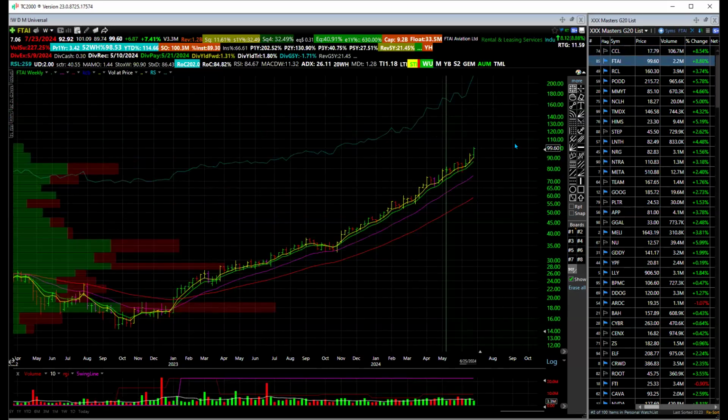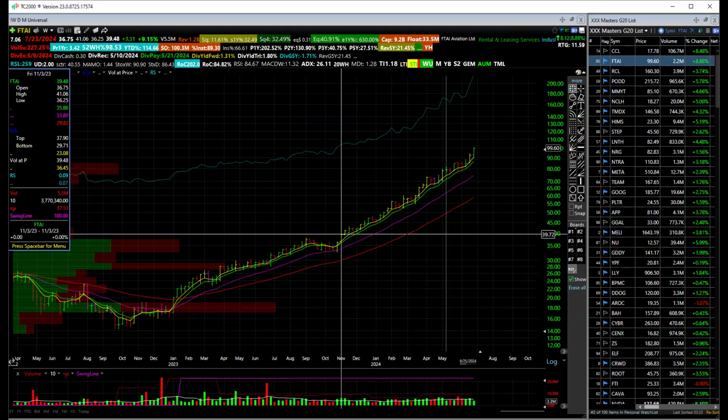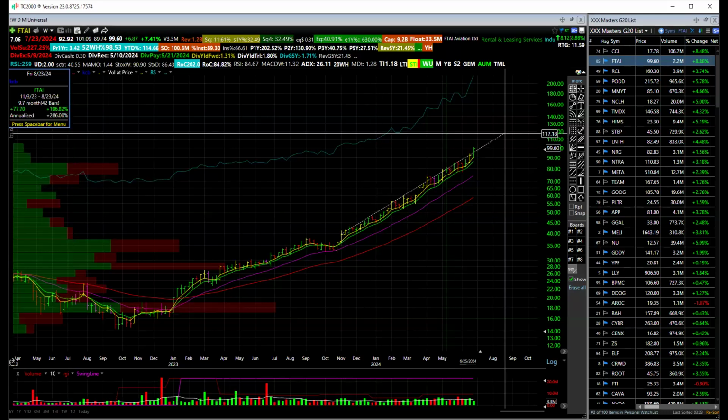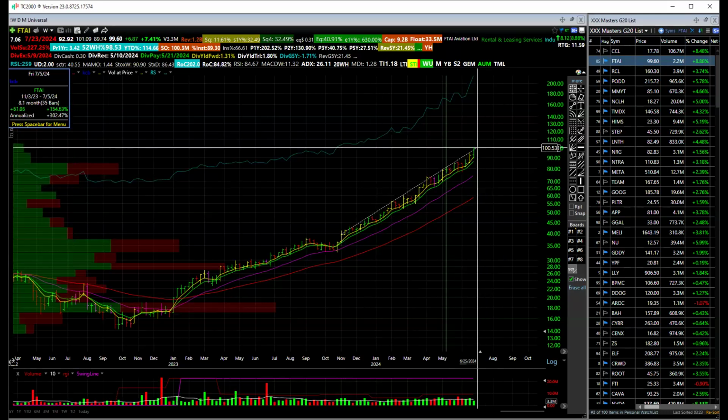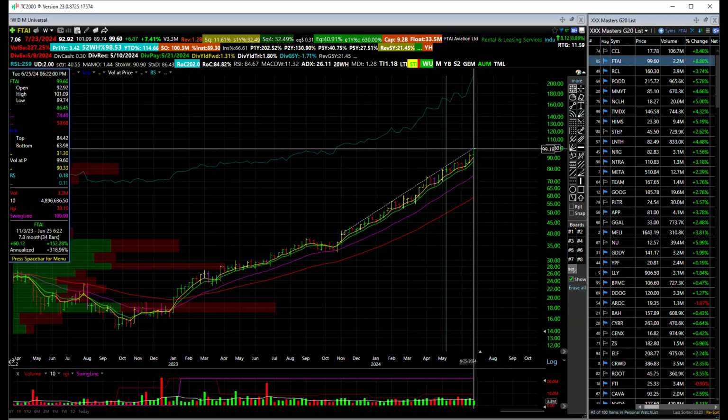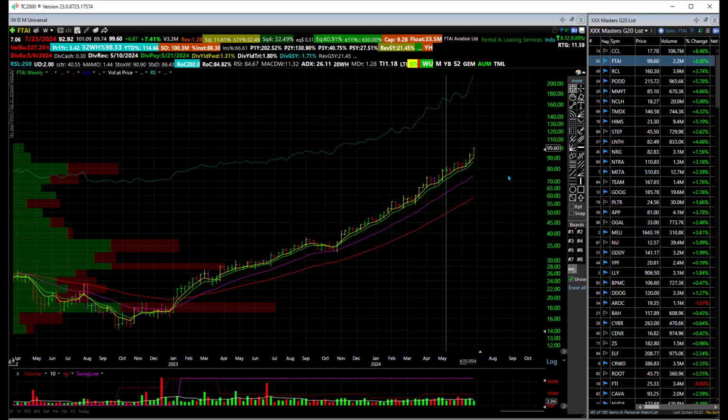So FTAI Aviation. This is kind of just an illustration. This is the pattern that you really want to look at. You've got a strong established uptrend. You have a base here, and you can see this breakout out of that base, pretty much from close to the pivot point, won't be accurate to the penny. The stock has not given up a sell signal here, so it's up 152%, and that's just an illustration of what can be achieved. Moving on down,